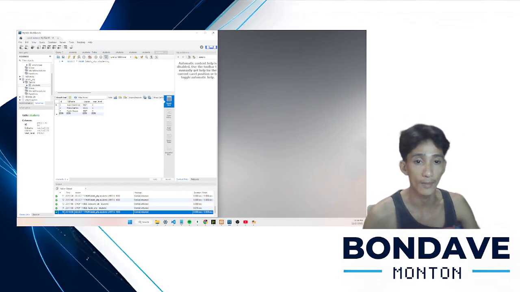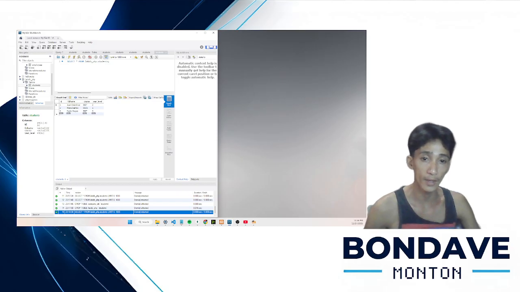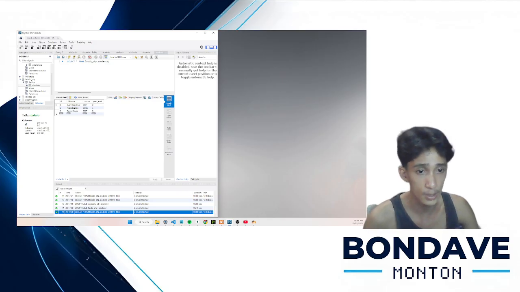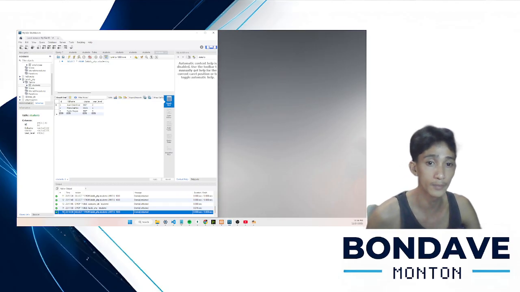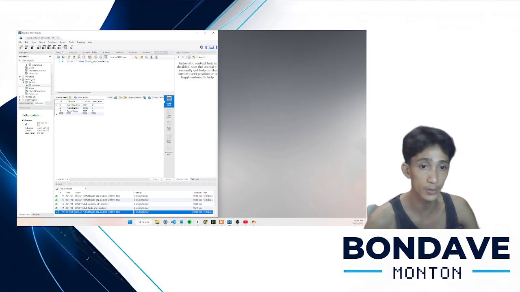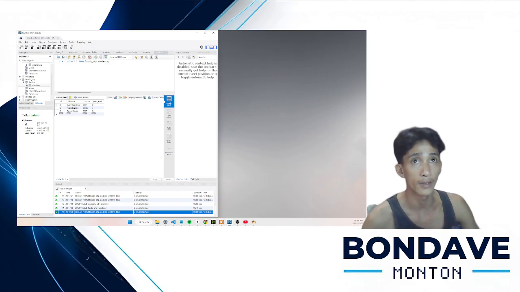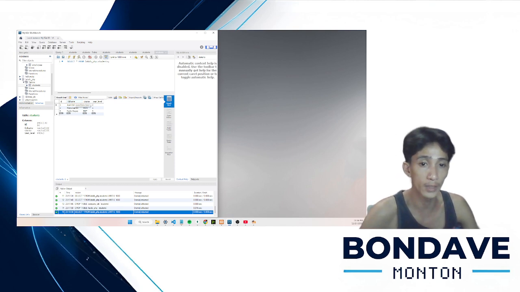Now the student table has four columns. The ID, the identifier, auto increment. Next would be the full name, the student's full name.